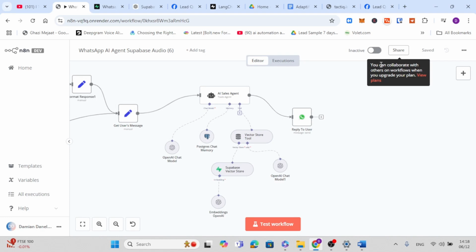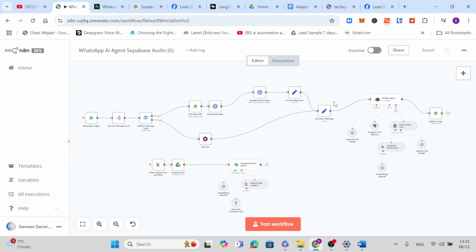Hi everyone, I'm Damian, and in this tutorial I will show you how to create a vector store in Supabase using Postgres. This is a powerful way to enable AI agents to remember key details from conversations, making interactions more natural and personalized. For example, in a WhatsApp AI agent for customer support I created for my own company, which